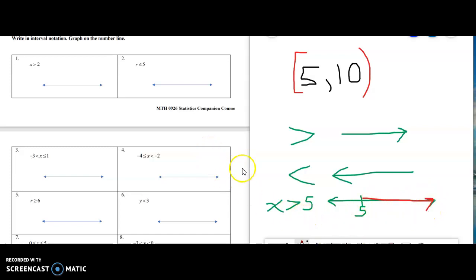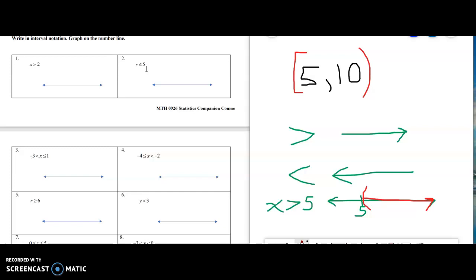And then how to determine whether to put a parentheses or a bracket, okay? If the inequality does not have an equal to underneath it, then you do not want to include that number. So looking at number 1 here, there's no equal to. So that means I don't want to include 2 as an answer. I want to include every number past 2, but not 2 itself. So in that case, we're going to be using that open parentheses, okay, that curve. Whereas for number 2, this one has an equal to down here. That means I want to include 5 itself as an answer, and in that case, I would use a bracket,